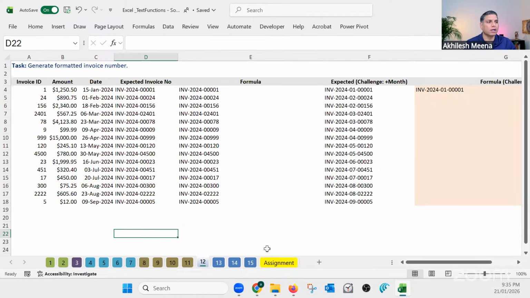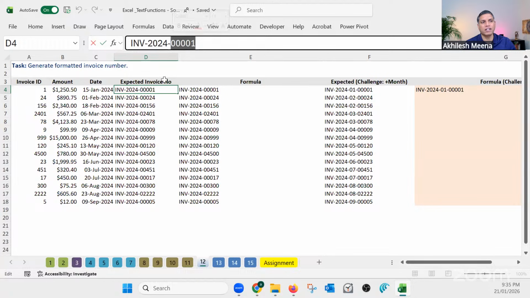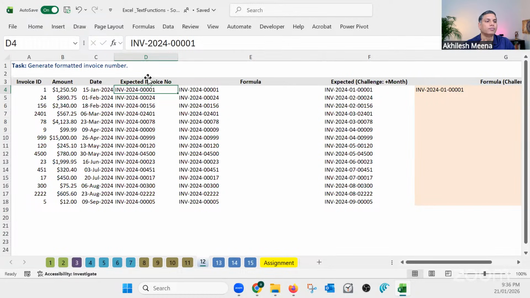But let me explain the part here, what you need to achieve. Okay, this is the invoice number and this is the date. You need to generate this invoice number like this. So year portion and the invoice number in 5 digits, separated by hyphens and prefixed by INV. So that's the challenge. We'll come back to that if you are not able to solve it, but first